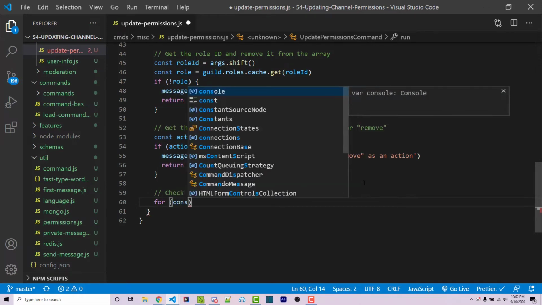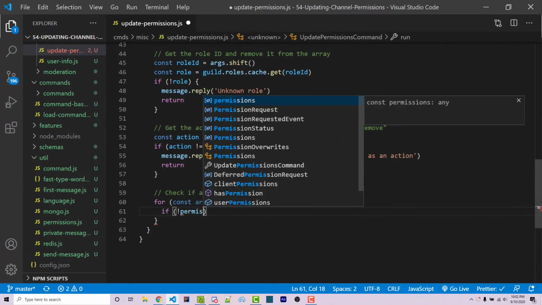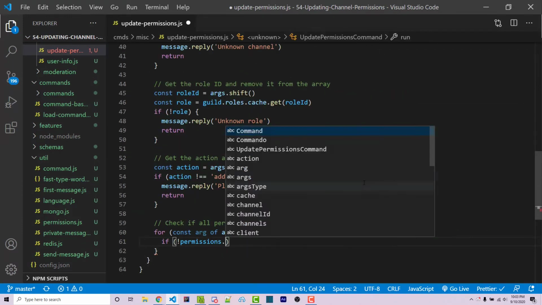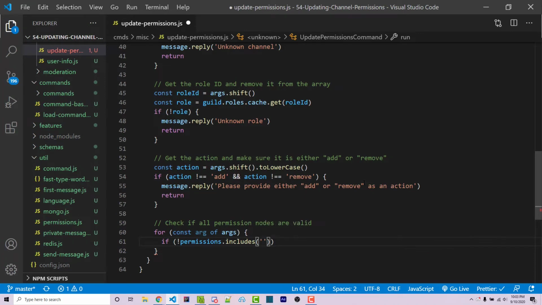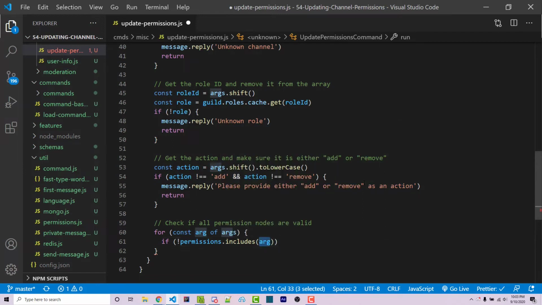So for const arg of args, and then we want to say if not permissions, which is the array that we imported right here on line 2, if not permissions.includes, which will return true or false depending on if something is included within the array. And we want to pass in arg, which is the current argument that we're looping through because of the for loop,